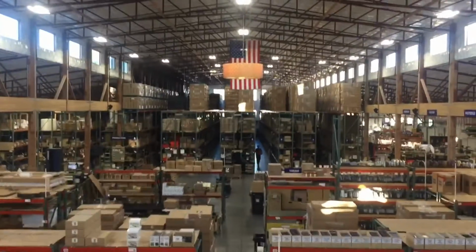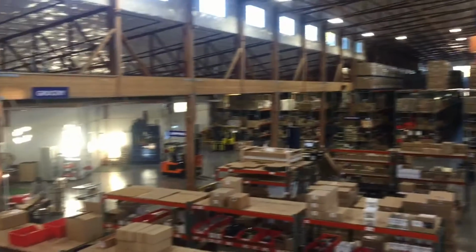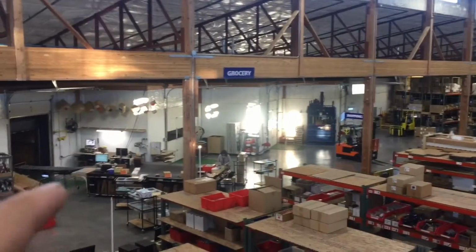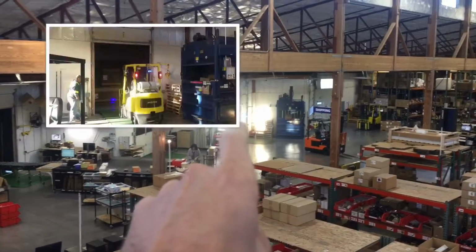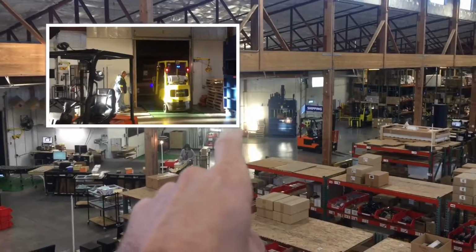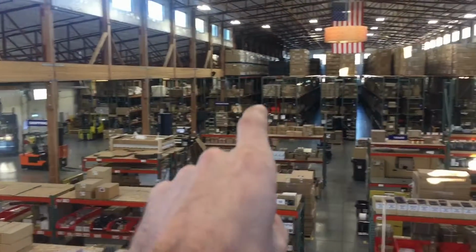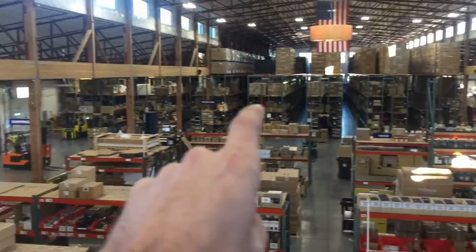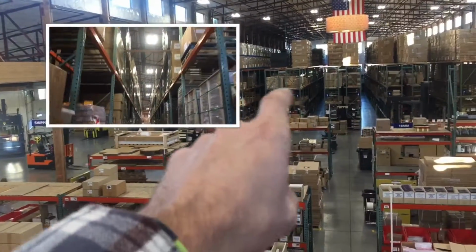So I'm inside FastCap, and I'm going to show you the general layout of our building here. You can see over on my left here, we have 3 garage doors, there, and there. This garage door is generally our receiving, so items coming in come in there, and then they flow back, and you can see all these racks along the back here. This is where all our inventory is stored, so everything coming out of that door goes back into our inventory,